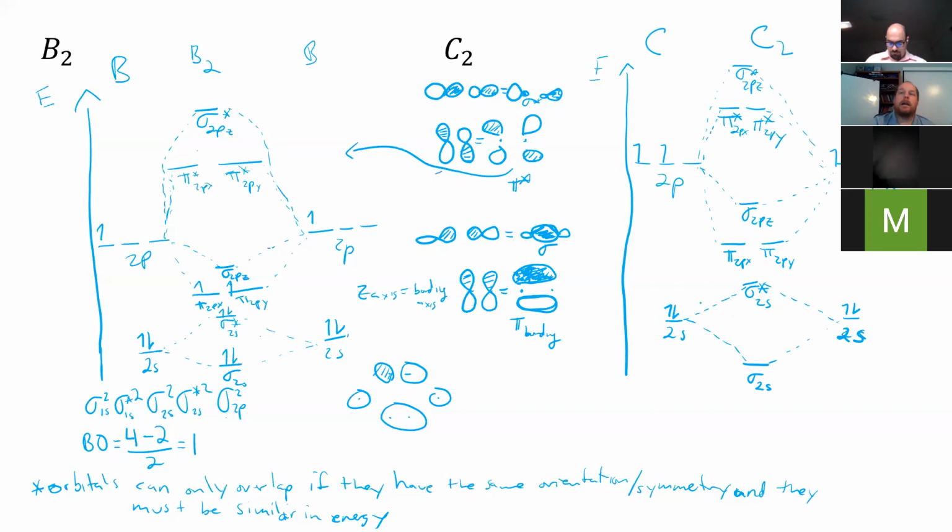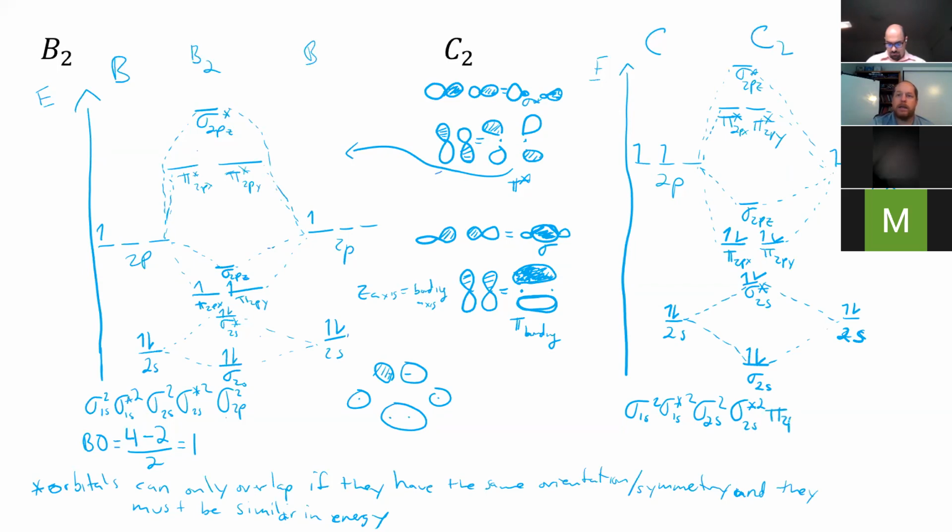Okay. And then the next thing we would do is go and fill in the electrons. So we've got 4 electrons from each carbon atom, which gives us a total of 8 electrons, and we'll start filling from the bottom. So 1, 2, 3, 4, 5, 6, 7, 8. For a molecular electron configuration of sigma 1s2, sigma star 1s2, sigma 2s2, sigma star 2s2,